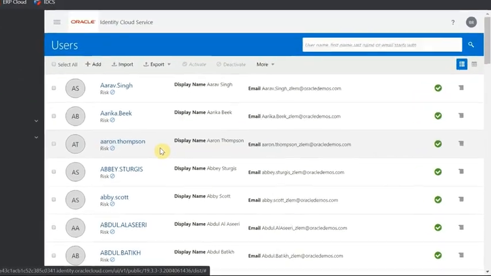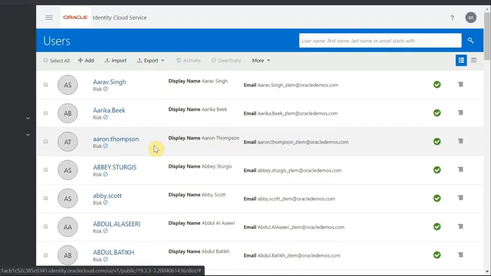Once logged in, you will see the IDCS console page displaying all of the relevant information, users, groups, passwords, etc., that an identity domain administrator would be interested in. In the Users module, click on the profile icon to navigate to the list of users in IDCS. Step 2. Create a new user in IDCS.